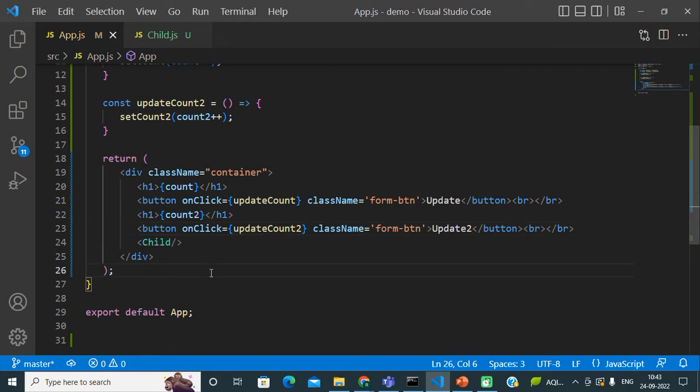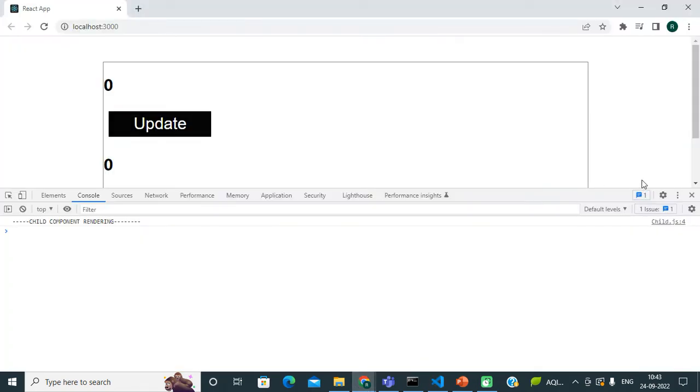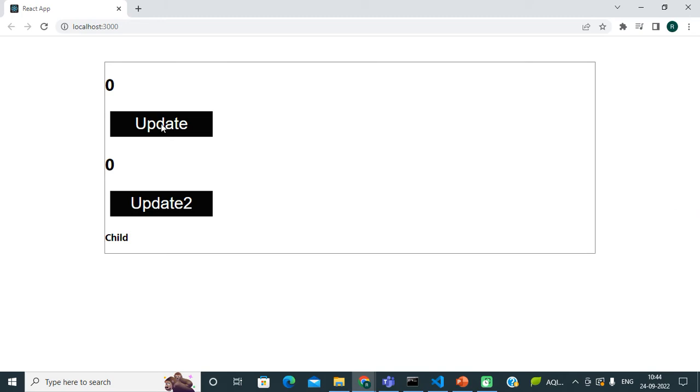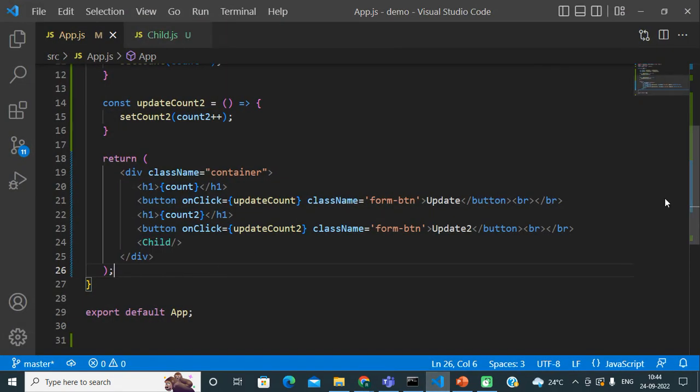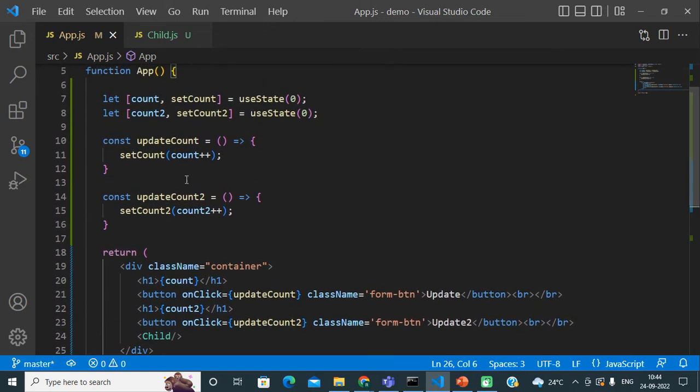So let me just confirm whether it is working or not. Yeah, it's working, and this is also working. Okay, so friends, now let's say in my component there are two states and there are two buttons, and on two different buttons I am updating two different component states. So this is my example. Now I have these two functions, updateCount1 and updateCount2. These are normal functions in my React component.